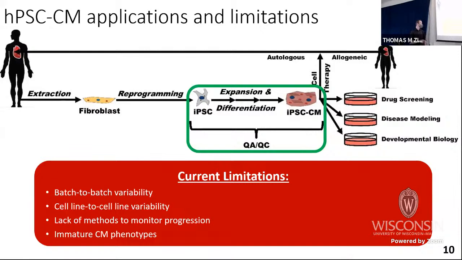Yes. Okay, so cell line to cell line variability. Again, one patient's cells and another patient's cells can differentiate very differently. And finally, there's a lack of methods to monitor the progression. I showed before there are a few markers that we can look at for macro scale lineages. We can look at a mesodermal cell type or different intermediates, and get an idea that it's at least become the right intermediate, but it doesn't really predict whether or not we're on the correct trajectory all the way to a cardiomyocyte.